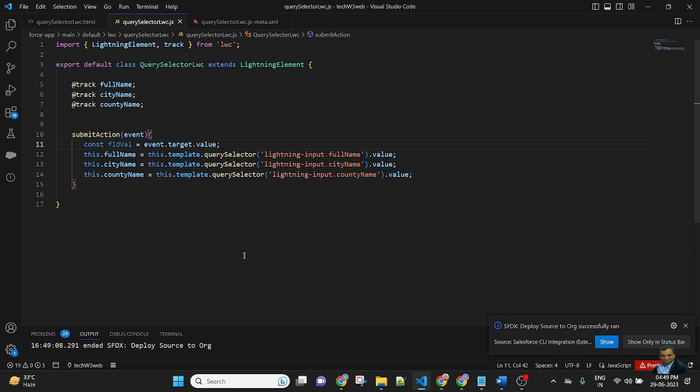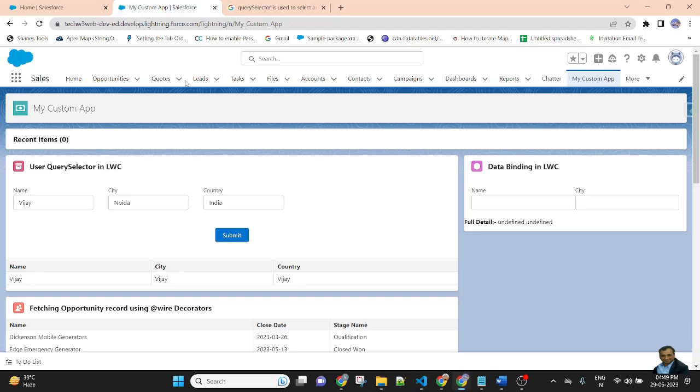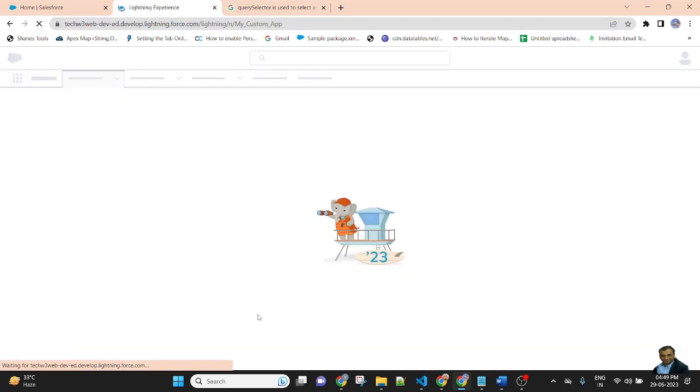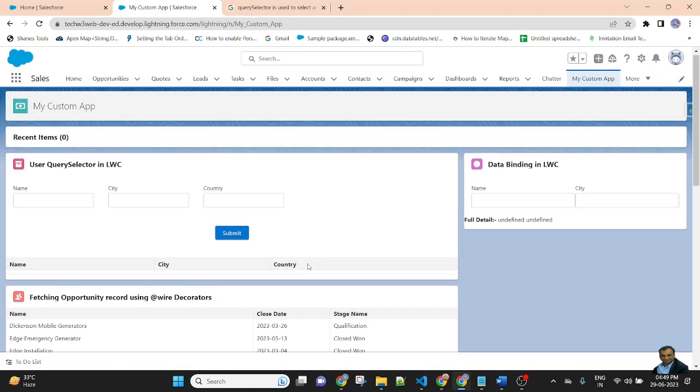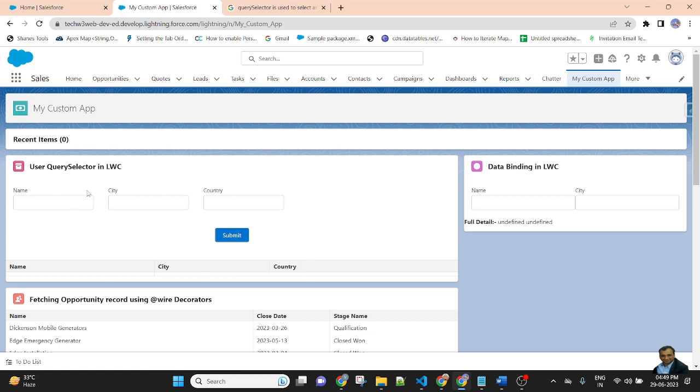Code has been deployed. Now go to Salesforce and refresh the page, and now I am submitting Vijay, Noida, and country India. Now save.